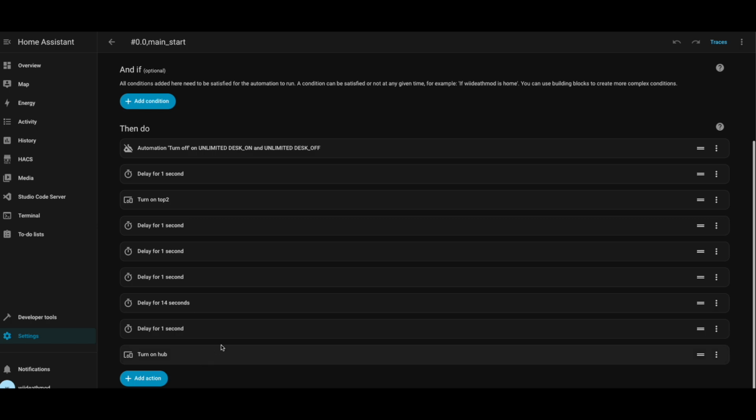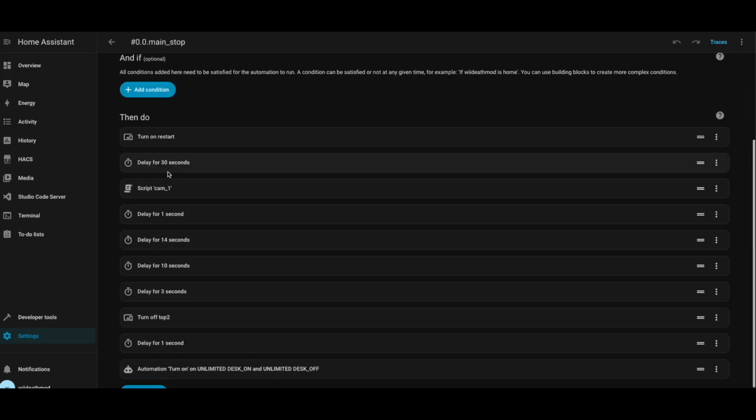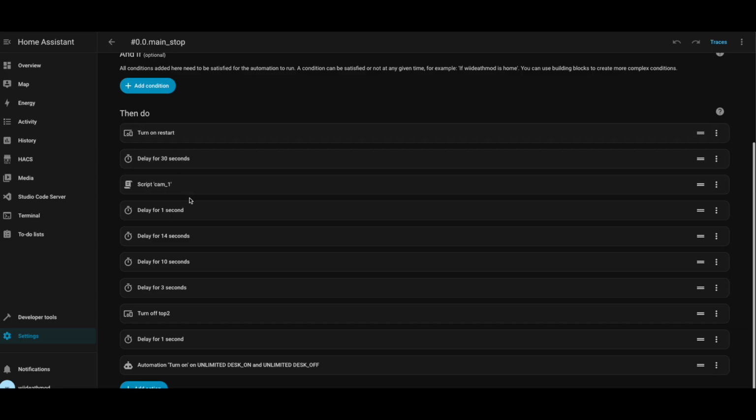It'll also switch to the specific camera I have at my desk in front of me, and also the camera behind me and a camera above me. And so when I basically go to main stop, it will turn on restart, but restart is a totally different thing now. Restart does some other stuff,